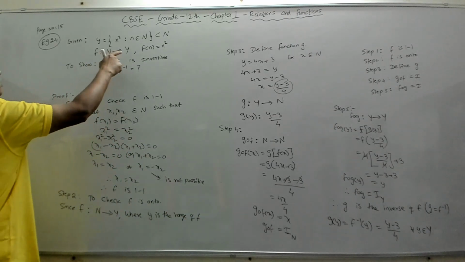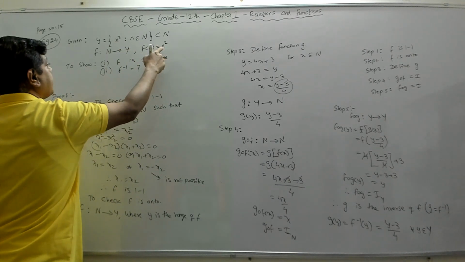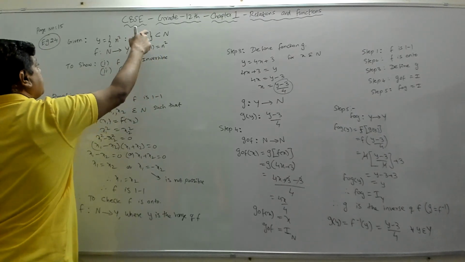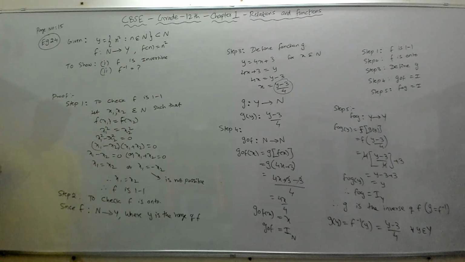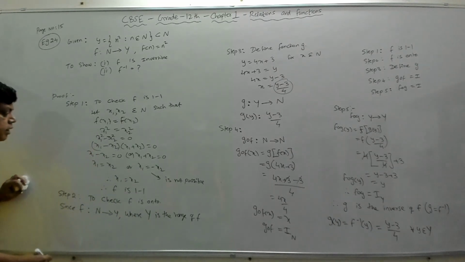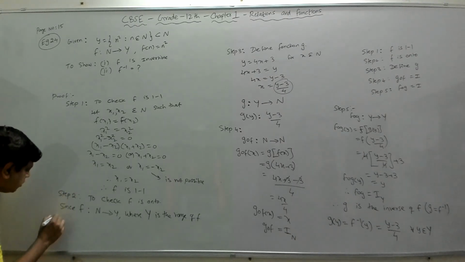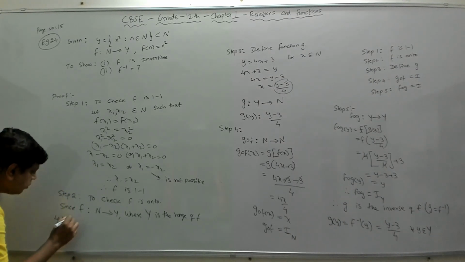Because Y is what? Y is the set of all n square such that n belongs to N, which means all the mapped elements, f of n equal to n square, are in this set. Y is the range of f. So we'll say, let